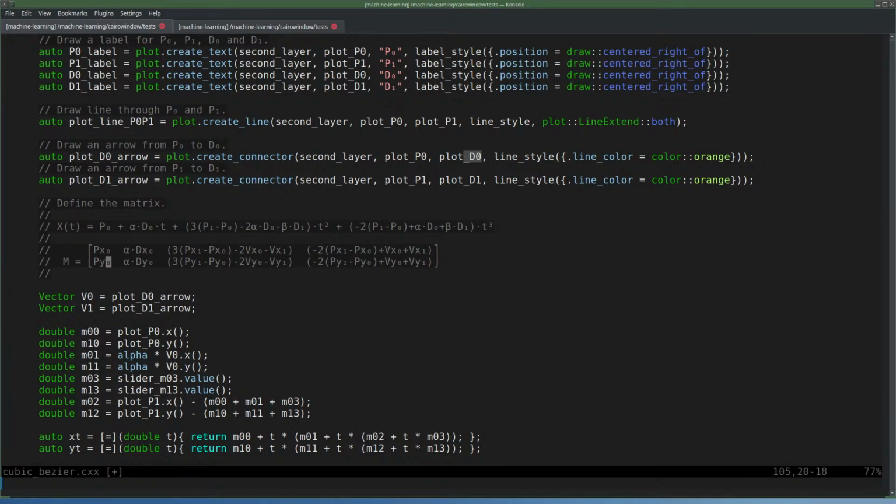Oh, let me change that also to V. That is V0x, and that's V0 dot Y, and this is then